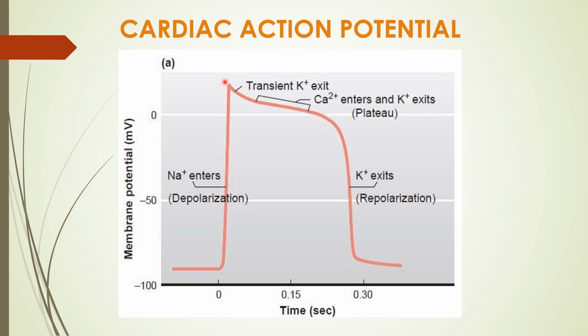So from the peak, that is plus 30 millivolts, again there will be repolarization. This repolarization lasts for 2 milliseconds in the mammalian heart. The rapid repolarization is because, as you know, there is transient potassium exit. The sodium channels will close here in the repolarization phase, and the potassium channels will be opening, resulting in a transient outward current, that is, the potassium ions will be going out. So that's why it is called potassium exit.